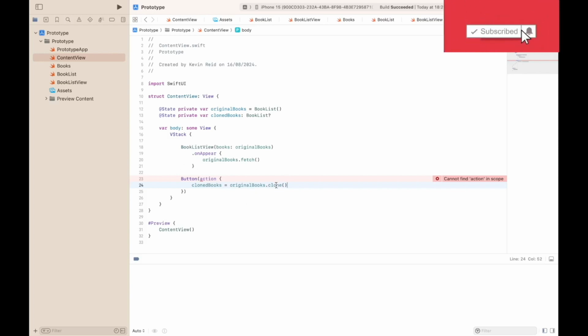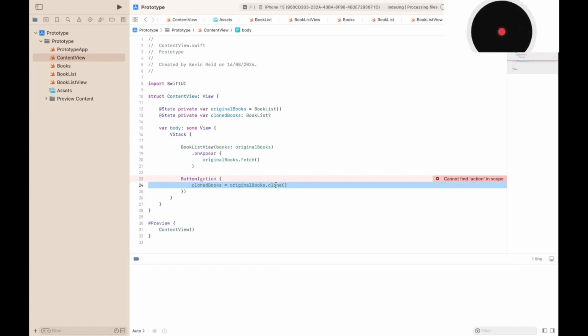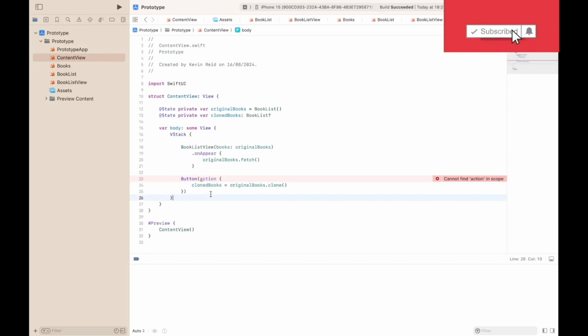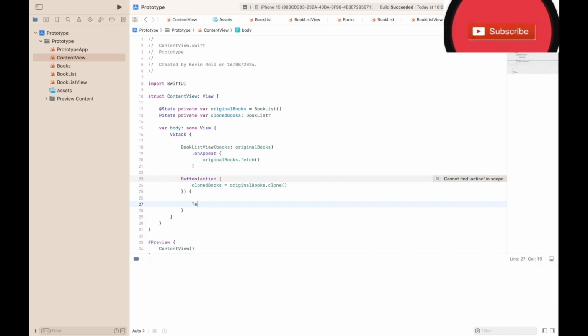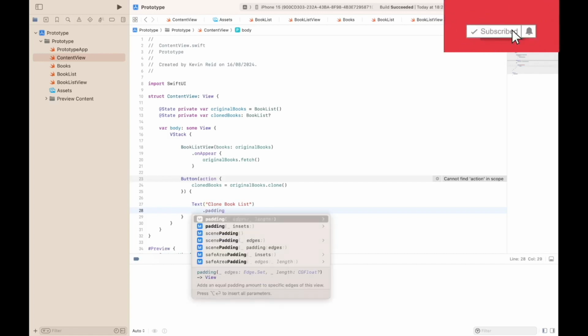As you can see, the clone method is the actual function that does the copying. Clone Book List for the caption, for the text element, padding,